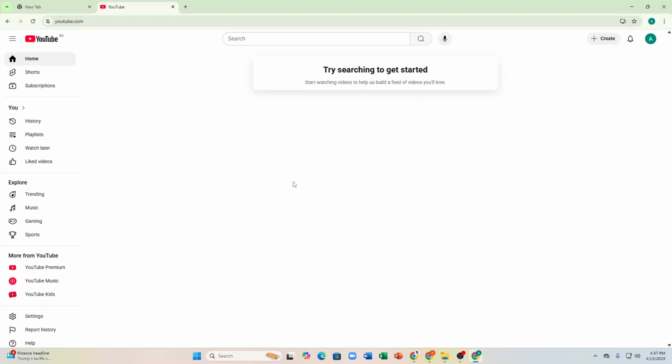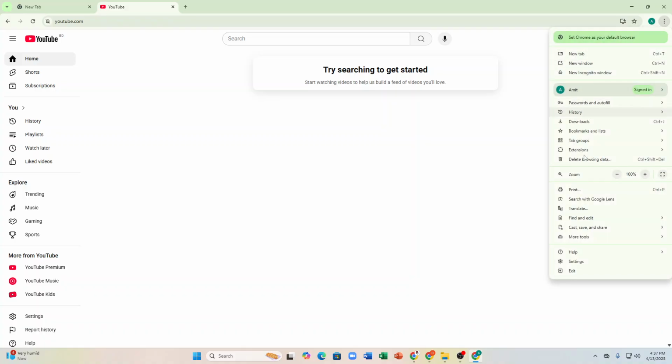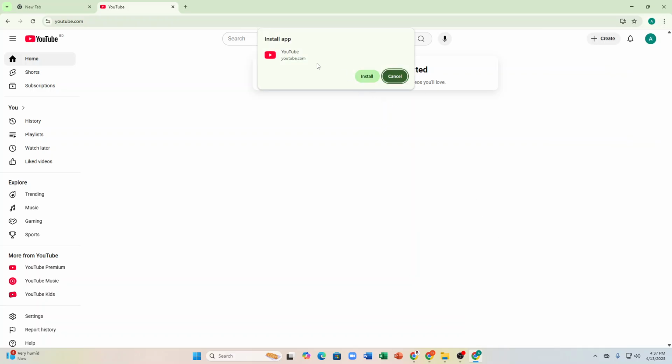Now when you are on YouTube, you can simply click on the three dot button at the top right corner. From here you'll find a settings bar where you can find the cast, save and share option. Hover your cursor over it, and you will find the install YouTube option. As soon as you click on this, you will find a pop-up